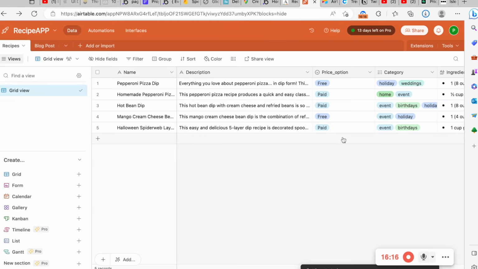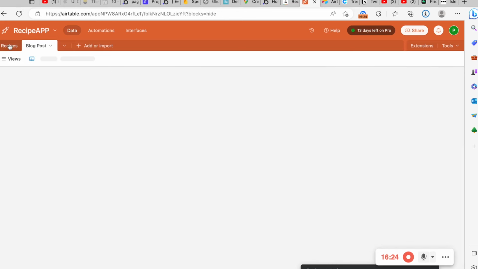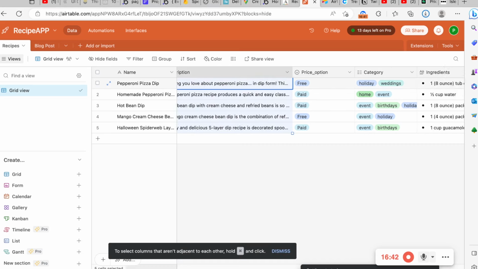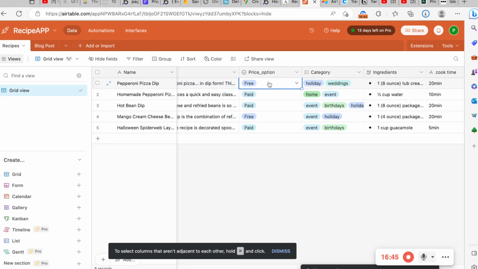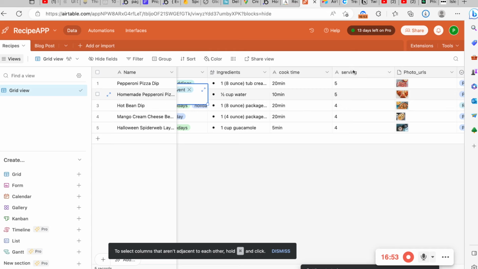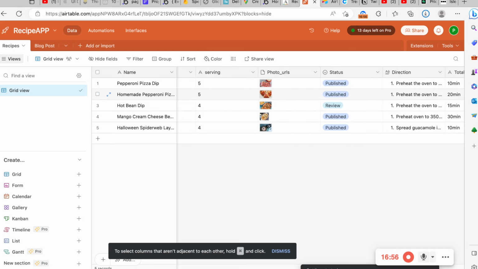So let's go back to our recipe application. So you can see that our application here has two collections. We have the recipe and then the blog post collection right here. So what you want to do is to create an Airtable base, and then name it accordingly. So I have the name, which is a single text. I have a description, which is a long text. Let me take you down the other way. I have price, which is a select. So you can see this is a select. This is a multiple select. The category. So I have ingredients, I have cook time, and then I have photos,